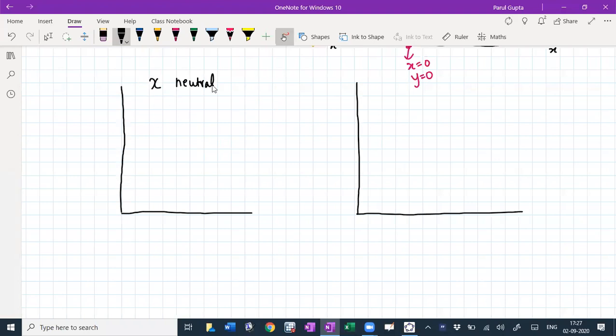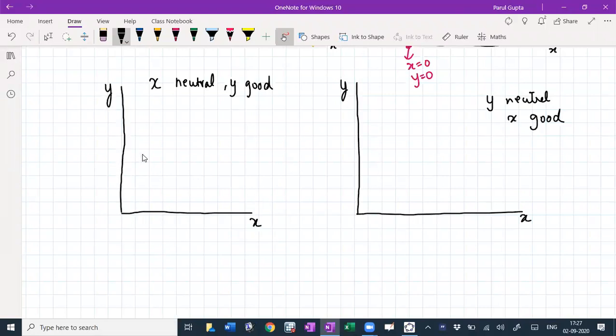So let's say that in this case, x is a neutral and y is a good. And then here we'll consider the opposite case. Y is neutral and x is a good. And we also again want to see how the indifference curves will look. So let's say you start from a point here. If I compare it to a point here, which one is higher utility? Red. Why does the red one have higher utility? Oh, it's the same utility.